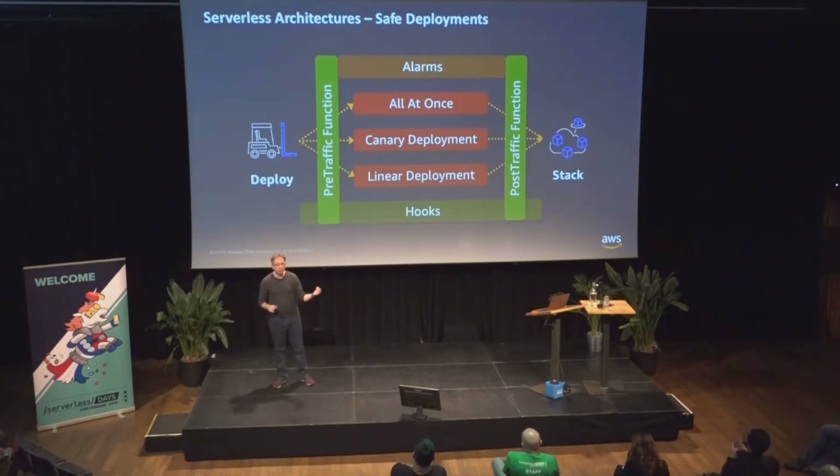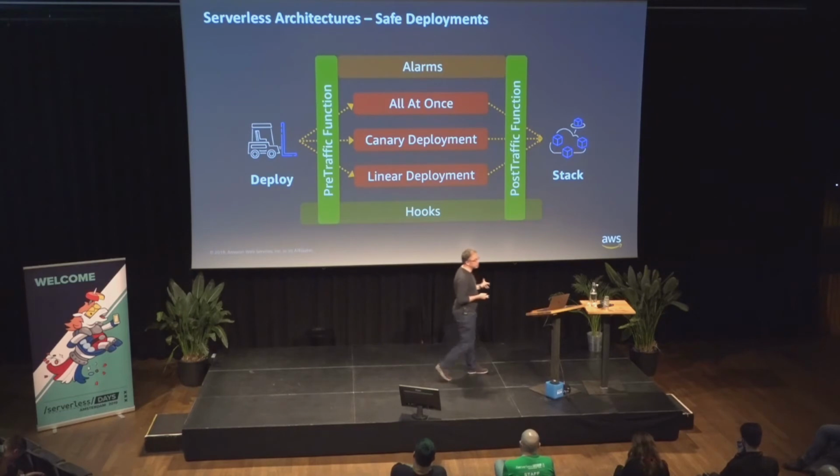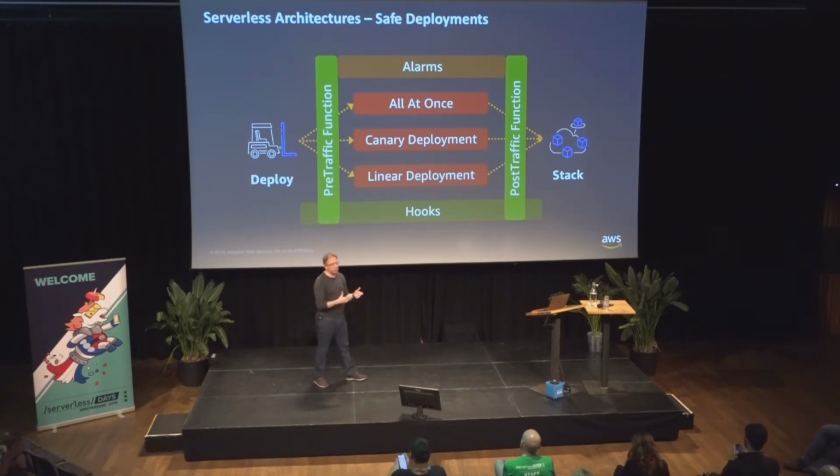This pre-traffic function, for example, can do some final smoke test to see that everything works. And this pre-traffic function must send an acknowledgment back to the deployment platform to tell it, OK, everything according to my check works, you can go to the next stage and start the canary deployment. The post-traffic function is fired at the end of the deployment, where 100% of the customers are using the new version. And for example, it can be used to annotate your Git repo to tell that this commit is actually going in production. Because often we assume that with continuous integration and continuous deployment, when I do a commit on Git, this goes in production.